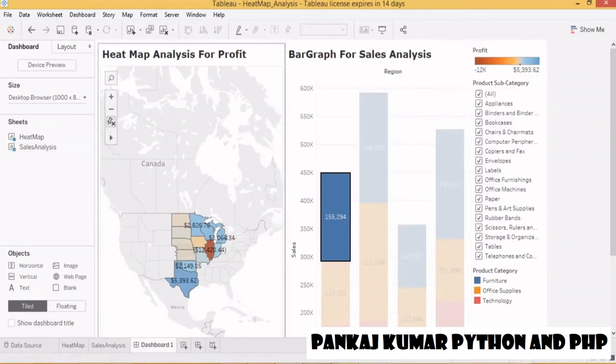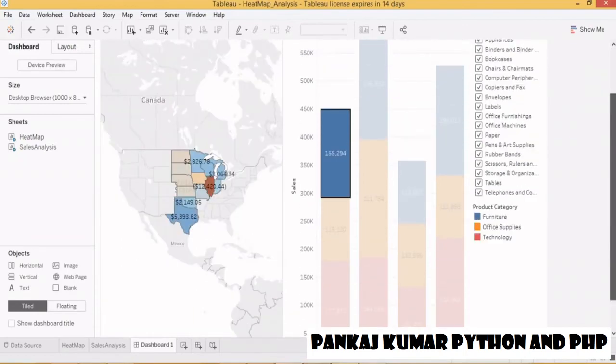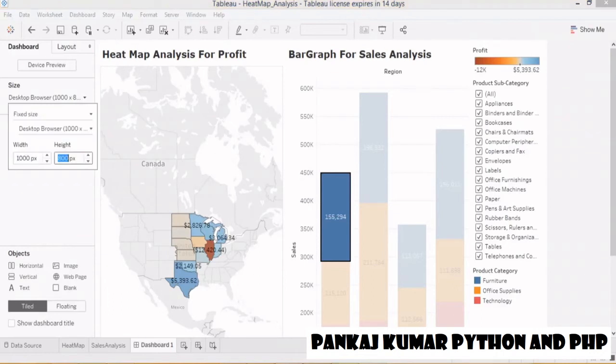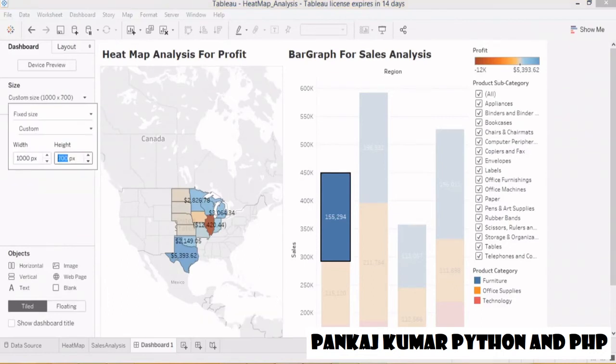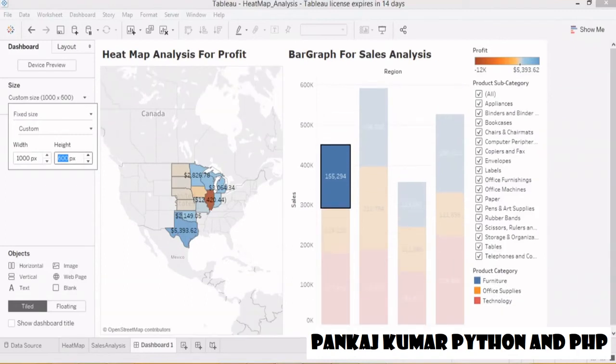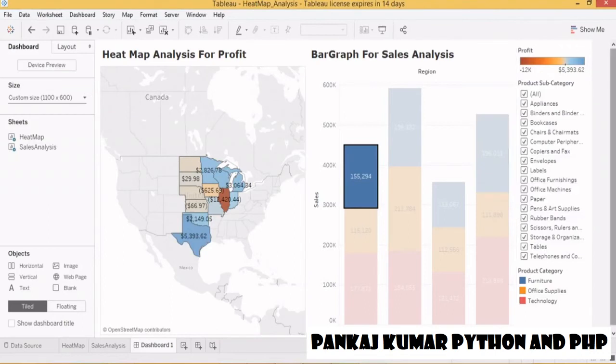Okay, it means that. So guys, first let us do one thing. Let us adjust our pane, because most of the visualization or most of the graph is falling beyond the line. So let us first set the desktop size. So I want to decrease this. Okay, so now let us consider the 600, and then let us make it as 1100. So this can be a fixed size for us.